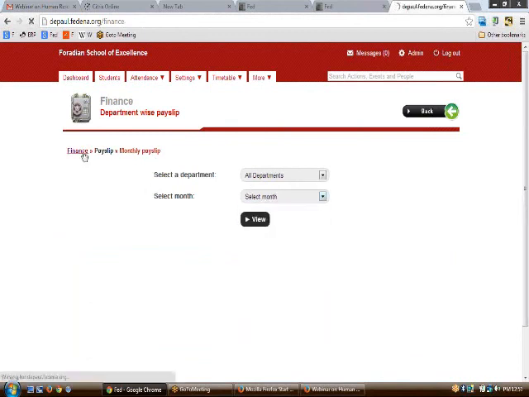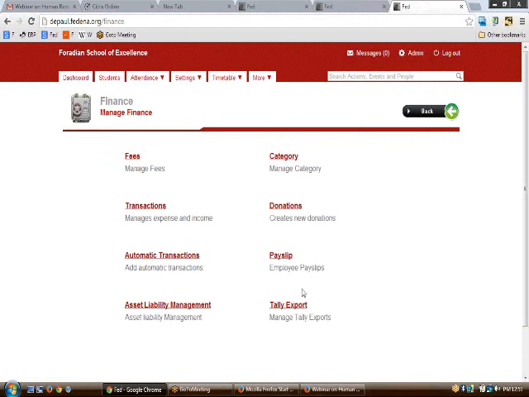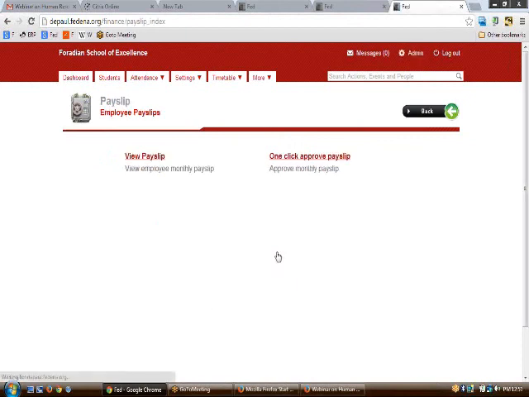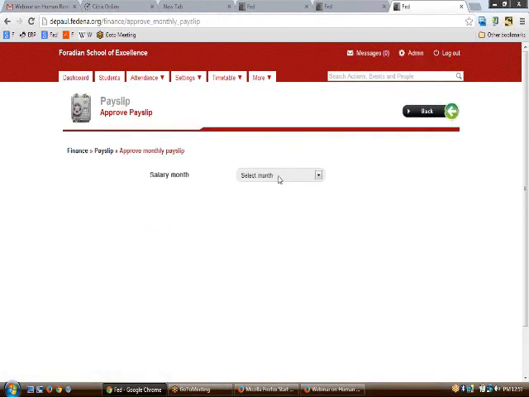He can even reject the payslip of all the employees here also. On clicking payslip, you get an option called one click approve payslip. Now you need to select the month for which the payslip is to be generated, and on clicking approve, the payslips of all the employees would be generated automatically.